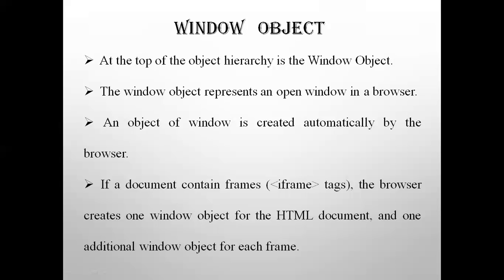Window object is supported by all the browsers. It represents the browser's window. All global JavaScript objects, functions, and variables automatically become members of the window object. Global variables are also properties of the window object, and global functions are methods of the window object. So here we will be learning properties and methods with global variables and global functions.